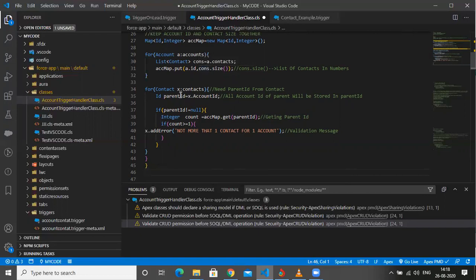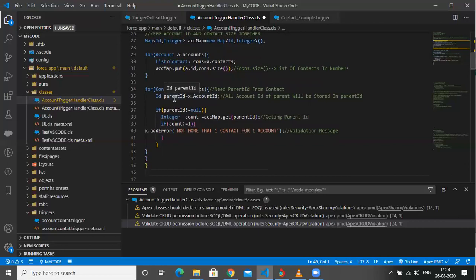Next, again, similar I do for contact as well. So again, I use one more iteration where I keep X as a variable. And after that, guys, their contact account ID I store as parent ID.